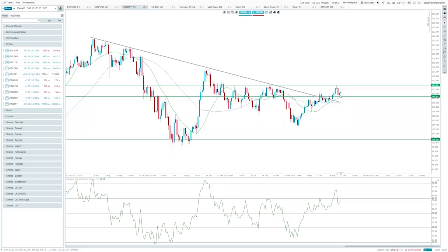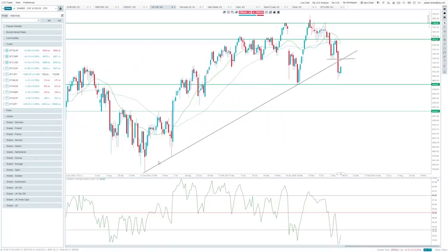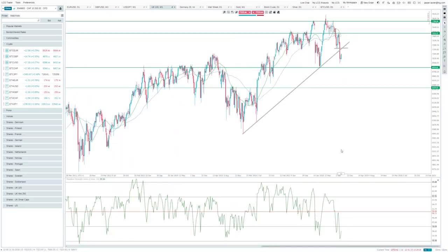So this is the FTSE 100. We had the break through the rising trend line, but we're still in these choppy conditions. This is what we want to see if we are remaining bearish on the market, based on this broken rising trend line on this weekly chart and a somewhat double top pattern around the 700-800. If we are a bit bearish on equities still, we're getting the bounce that we need to be able to sell at a better risk reward somewhere around those two, that broken low and this